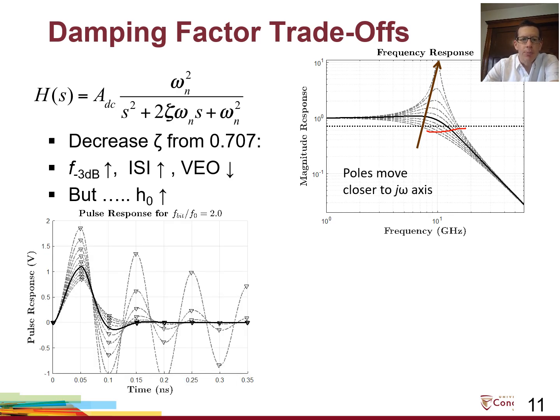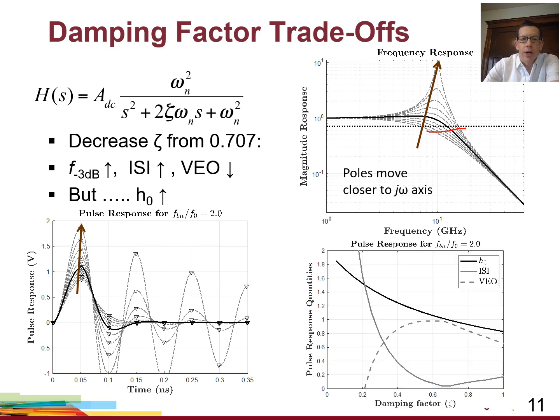The transient response, or the unit pulse response, is shown in the bottom left. So we get a higher main cursor in the pulse response, higher H0, but the ISI terms are increasing quite a bit. We get this underdamped ringing response. We can summarize the pulse response behavior in this figure. As we decrease the damping factor, the height of the main cursor, H0, goes up. The ISI initially drops as we get a little bit of extra bandwidth, but then it increases considerably. If we estimate the eventual vertical eye opening, we'll see that it goes up and then it drops back down